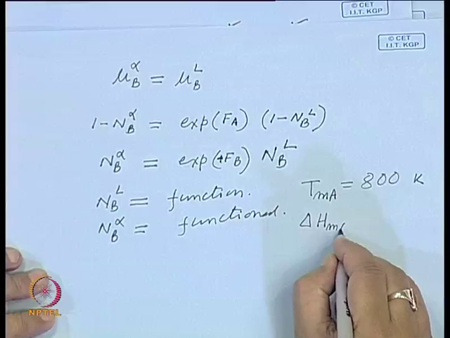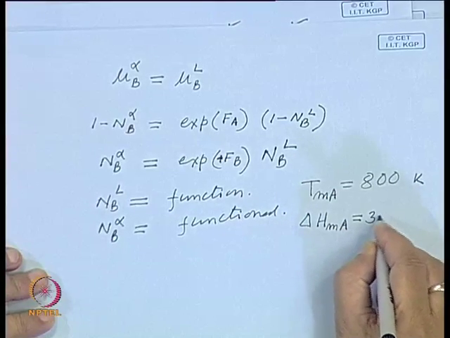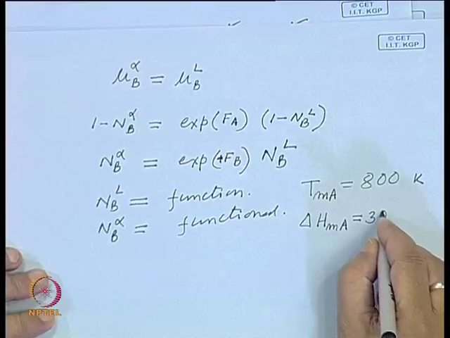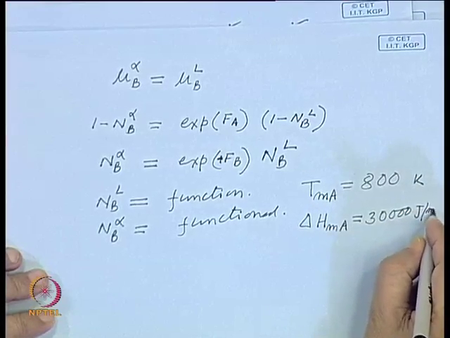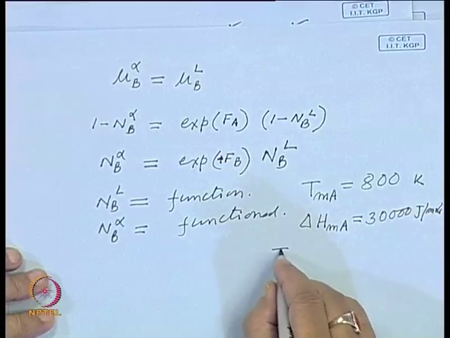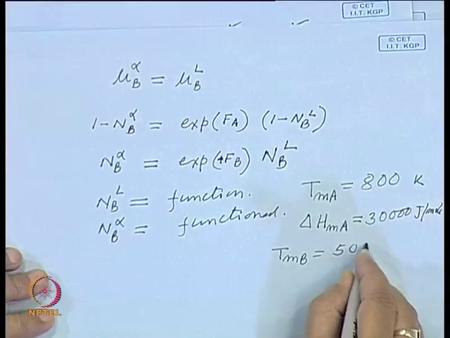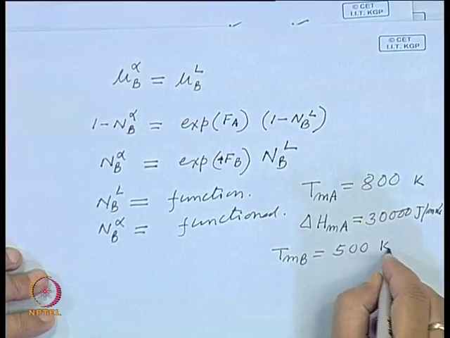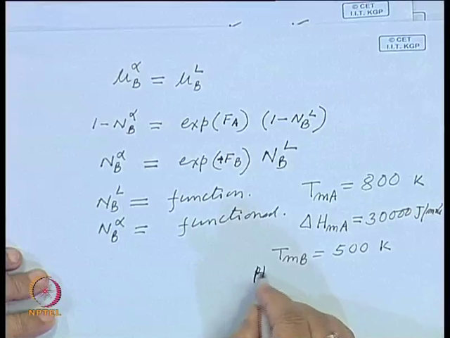Enthalpy of melting, this is 30,000 joule per mole. Then the melting point of B, you take 500, and this enthalpy